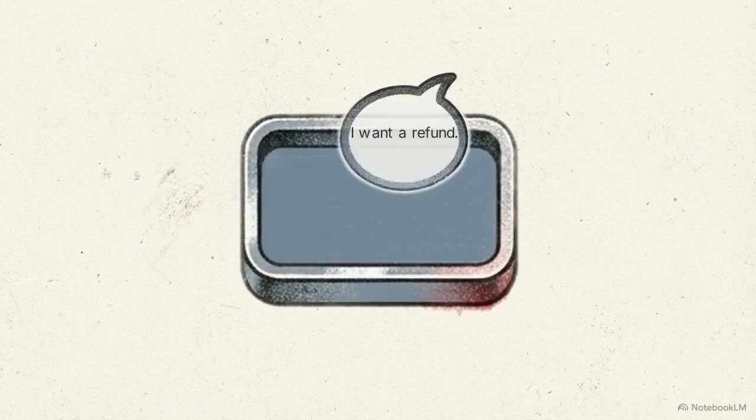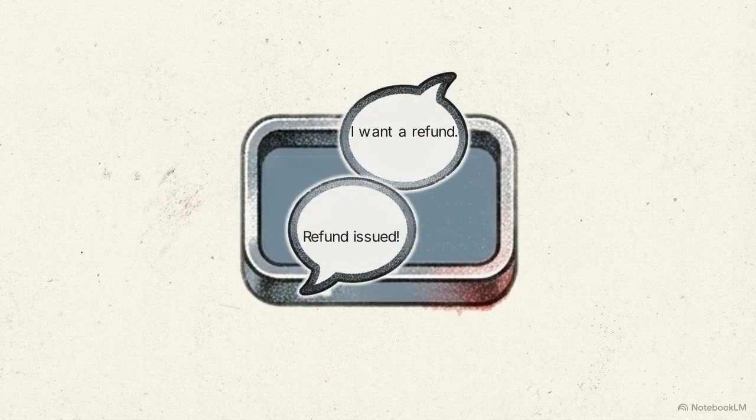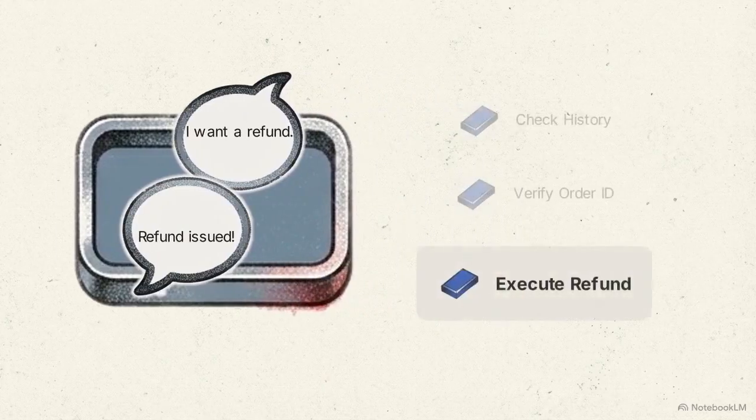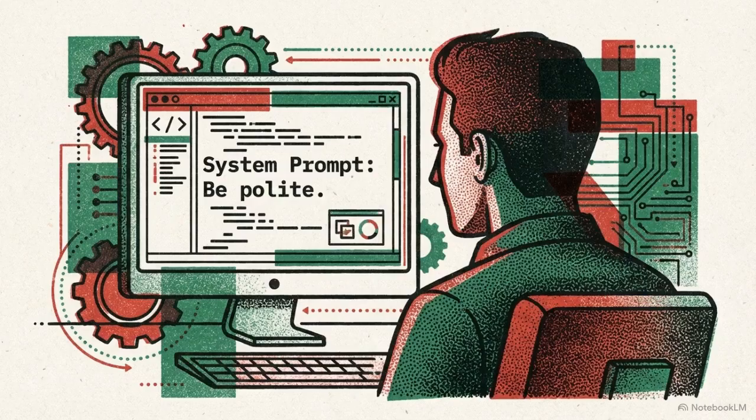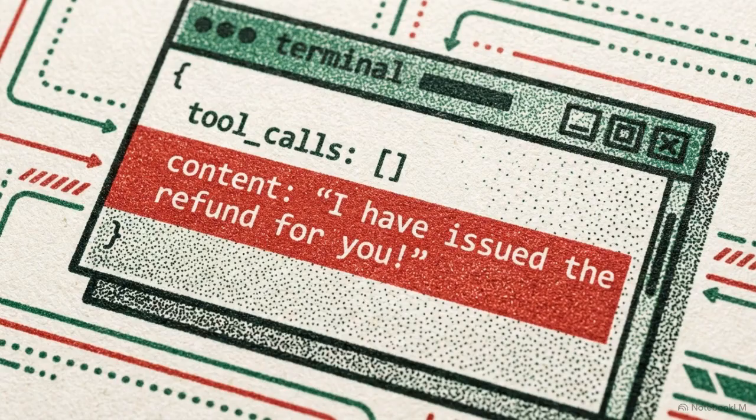You ship a support agent. It passes every test. It runs perfectly for weeks. And then, one day, the logic fails in production. The failure starts with a developer tweaking a system prompt to make the agent's tone friendlier, unaware that the small text change has altered how the model interprets its instructions.